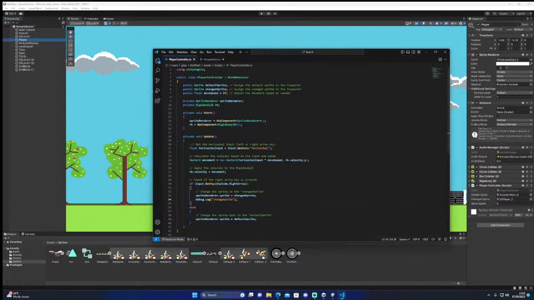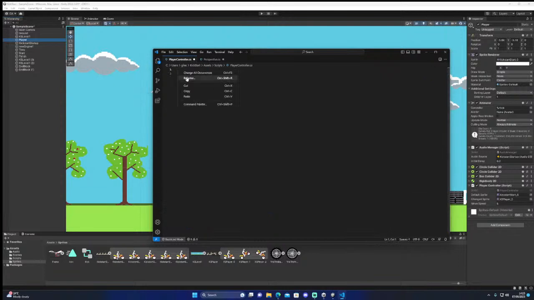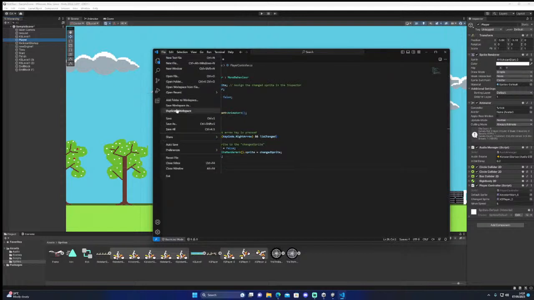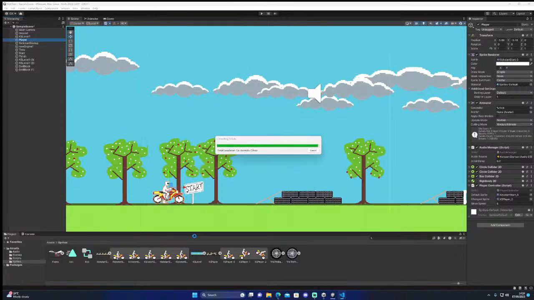Let me just do this. Now this, if I just do this first without putting any motion on, just see if it actually switches when I press the button.